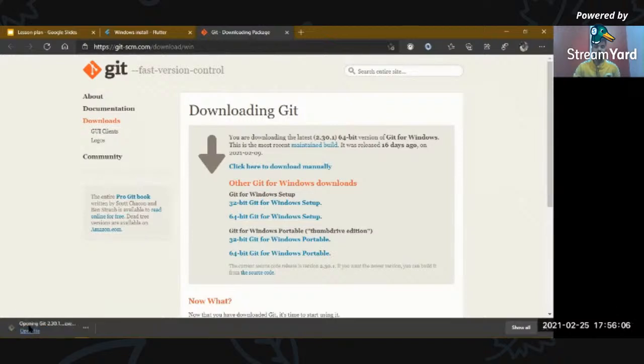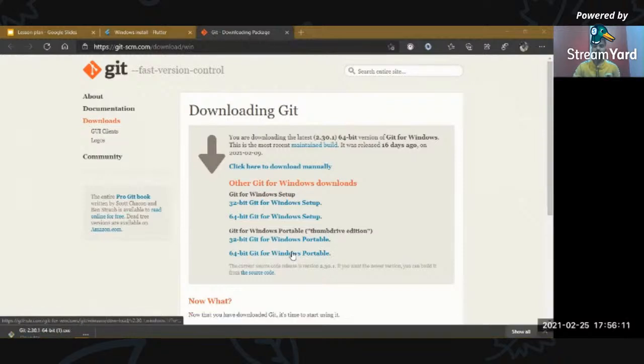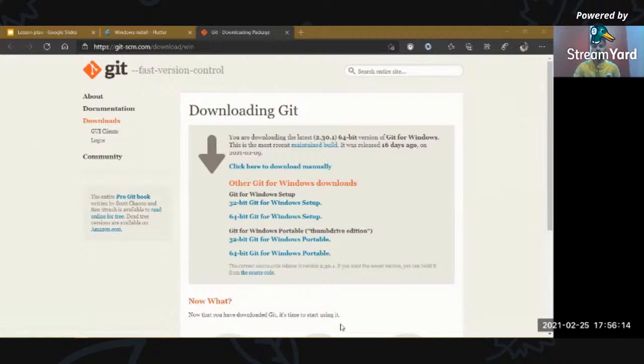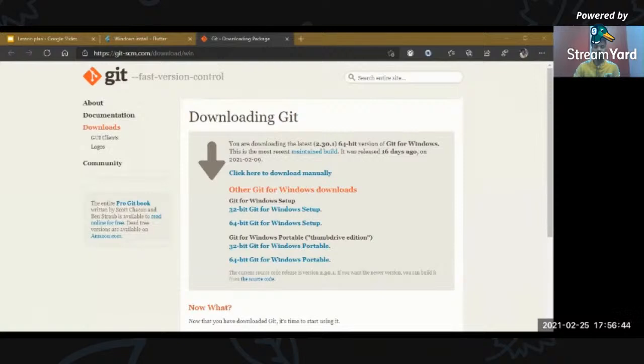Let's open it. I've just opened the installer file of Git. Let's wait a while.